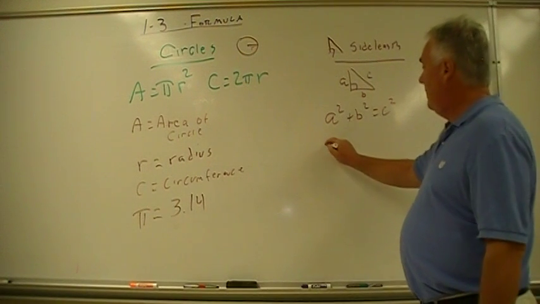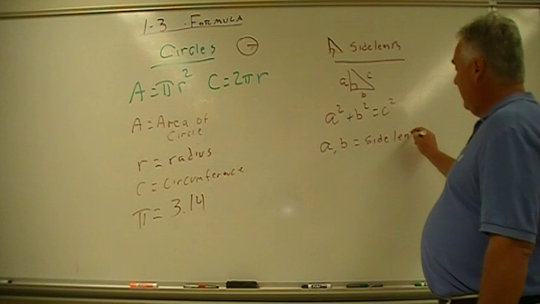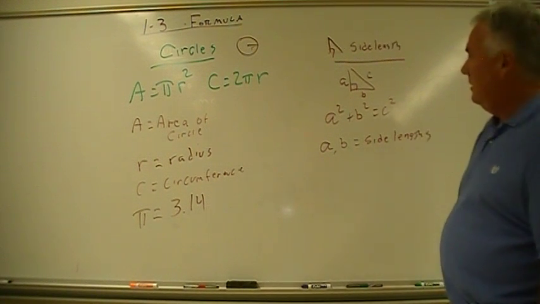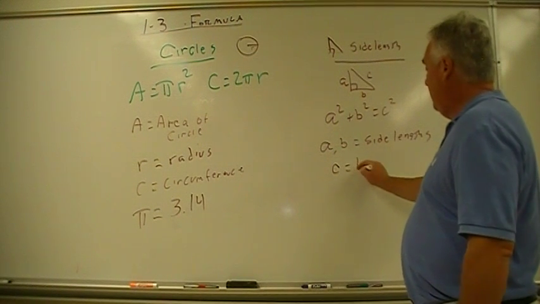Over here, a and b are side lengths. So they're sides of the triangle. And then c